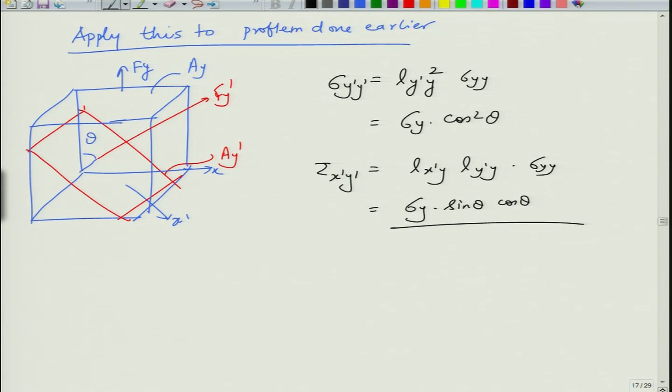Now finally, we applied the same transform to the problem that we did earlier manually, and if you apply the transform you come up with the same result. So it basically validates that what we did earlier was correct. Okay. So now let us move further and define some more things.